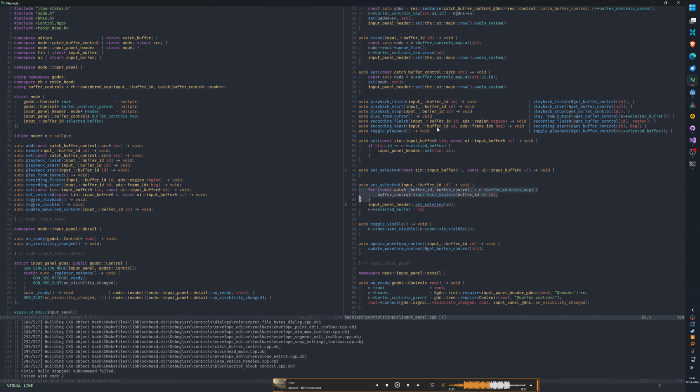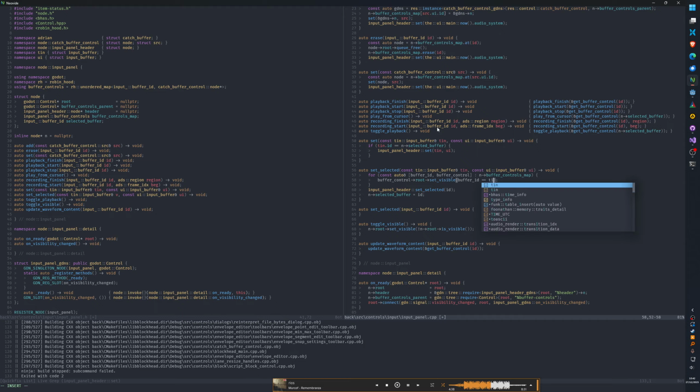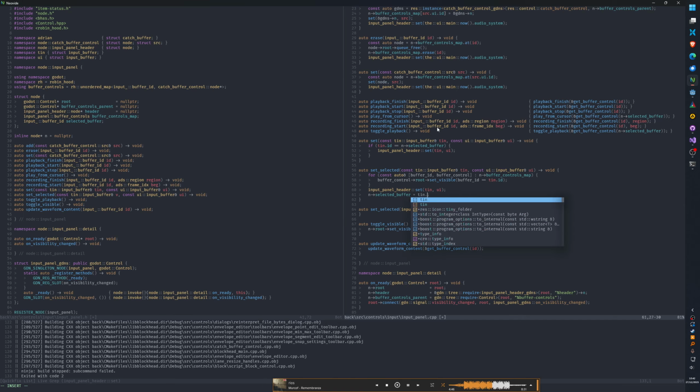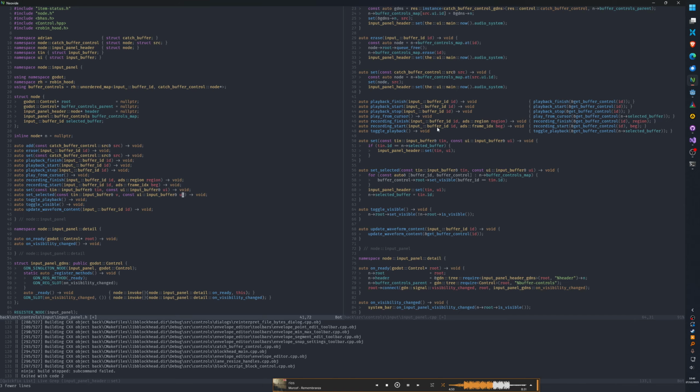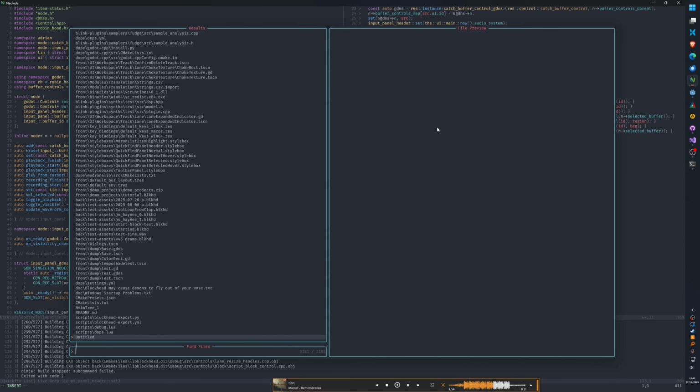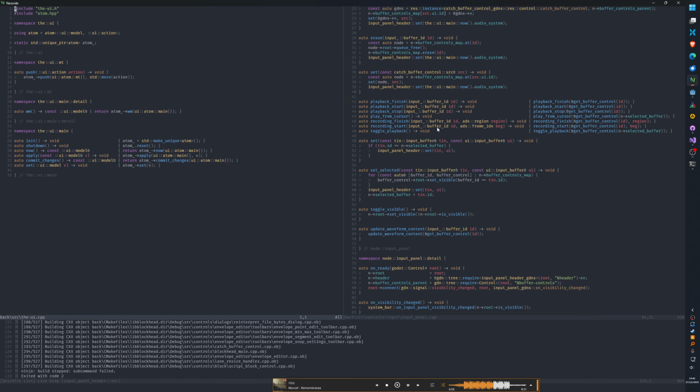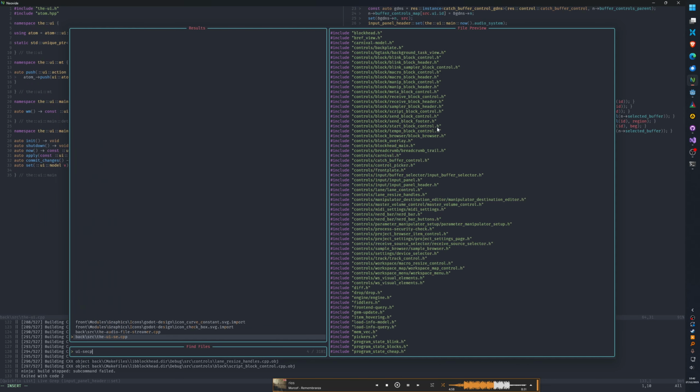And then we have a map of the controls. ID, set, that. Okay, so now this will be different. No, UI here.